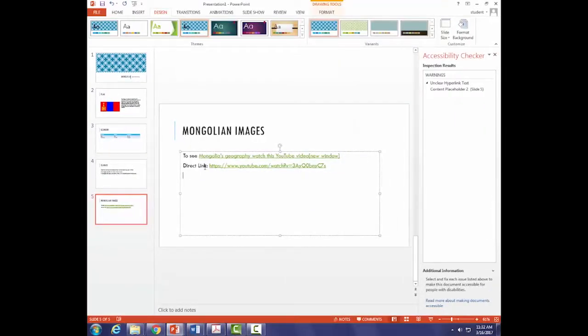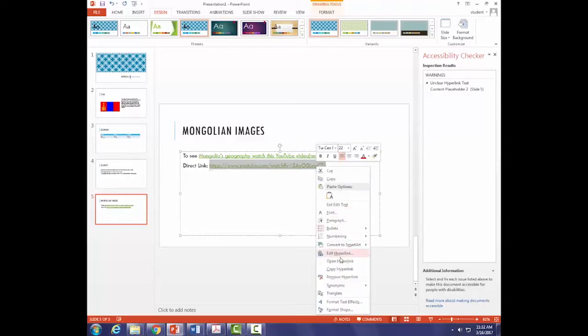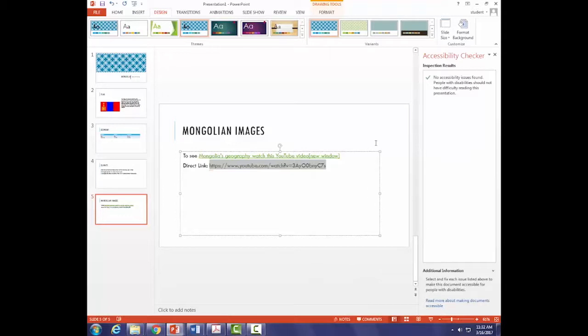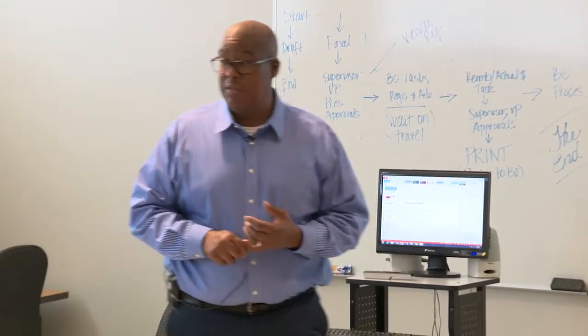So I'll show you how to get rid of that. So what I do is now I made it clickable. I've got the same problem you've got. I'm going to highlight this URL. I'll right click on it, and then I'll go right down here to where it says remove hyperlink. And I'll just take it off so that it's not a hyperlink. And then that'll get rid of it for me. So no questions about anything we've done, about design elements.